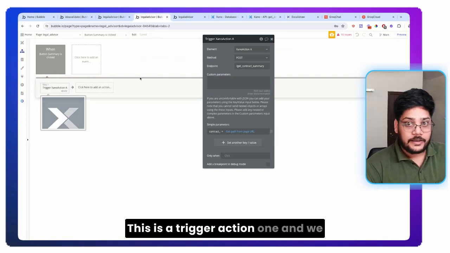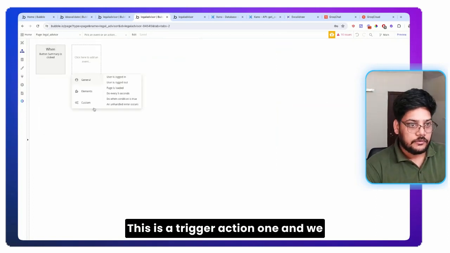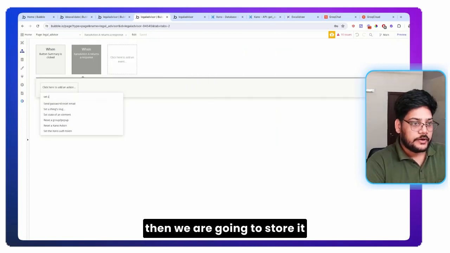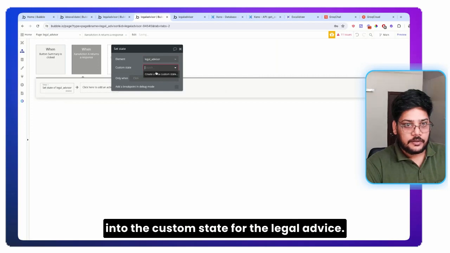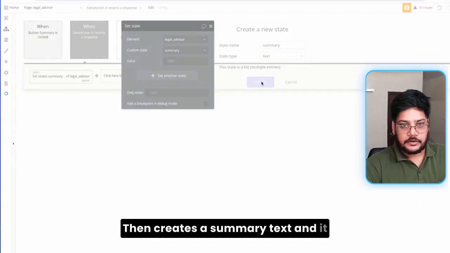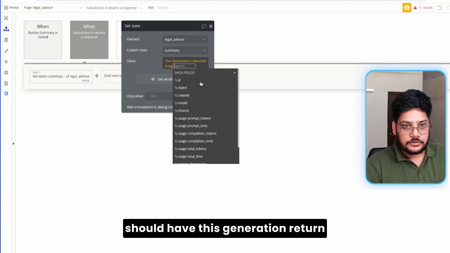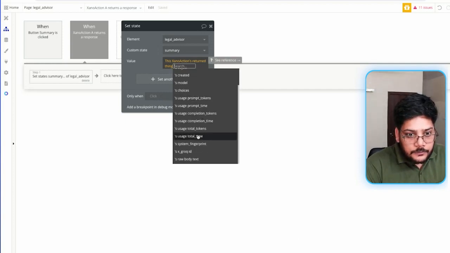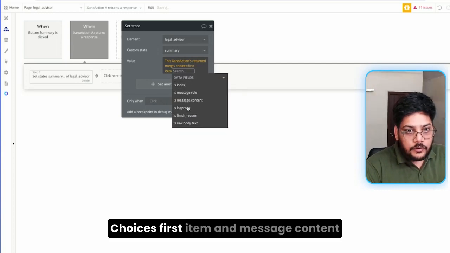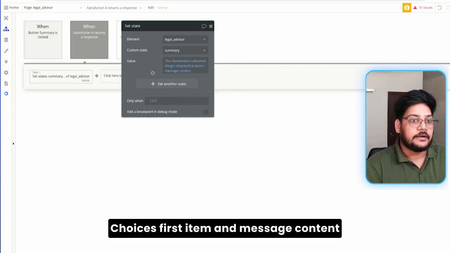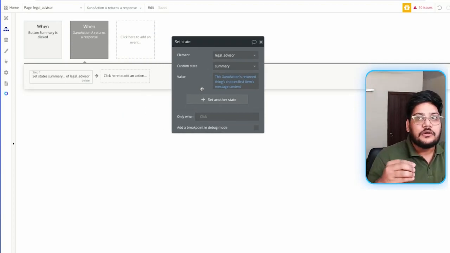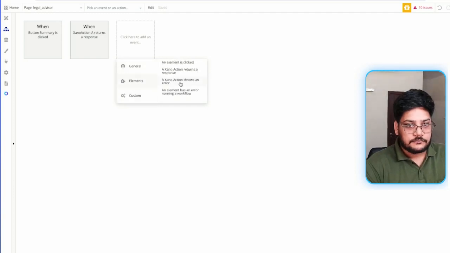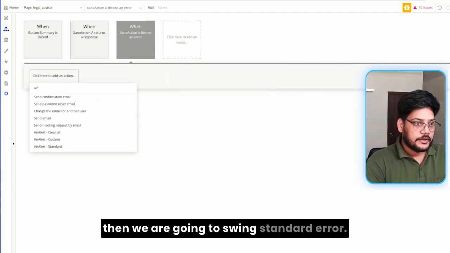This is a trigger, this action one, and we will set up one more element. If it is a successful response, then we are going to store it into the custom state. So the legal advice creates a summary text, and it should have this Xano action return thing, and it should work. You see choices, first item, and message content. This is our summary that the LLM has returned, and if we get an error,